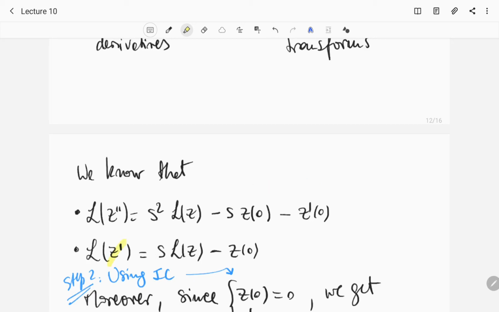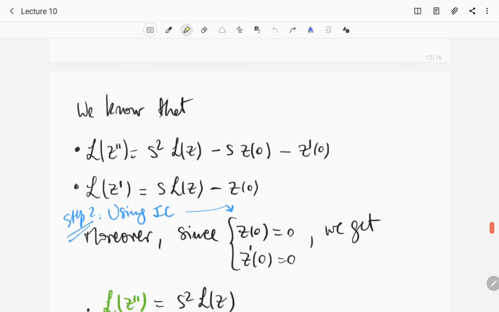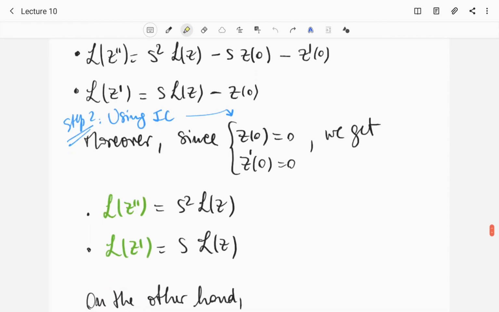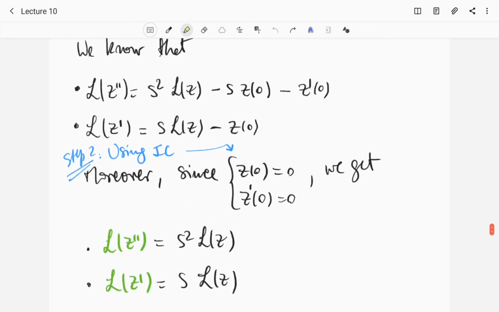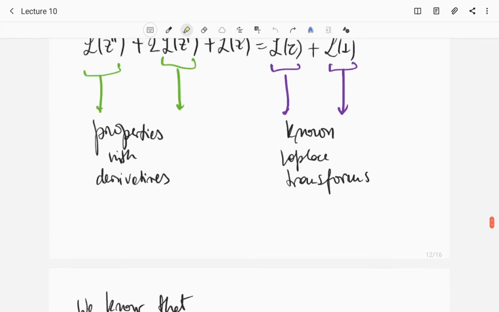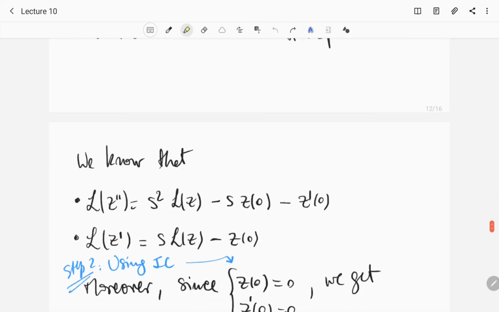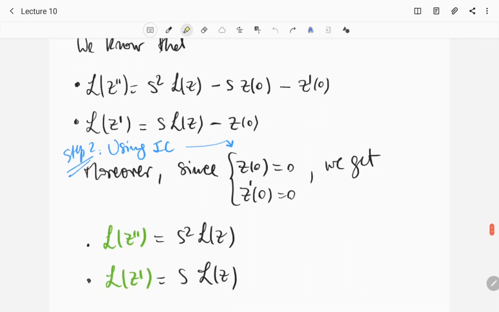And relating to the first derivative, only s times the Laplace transform of theta, and this theta at 0. Now using these expressions and replacing the information here, we get